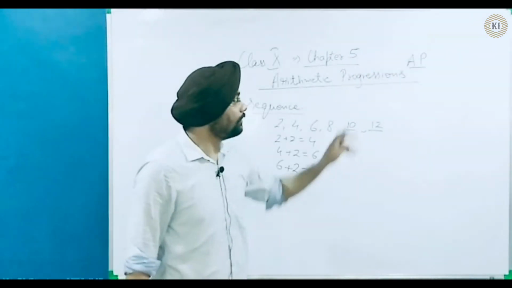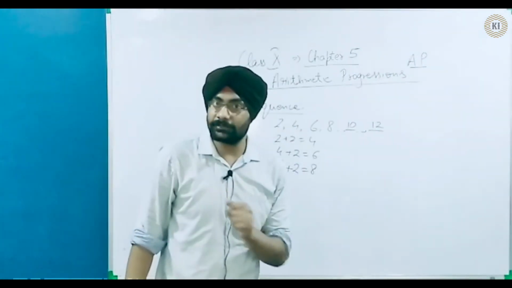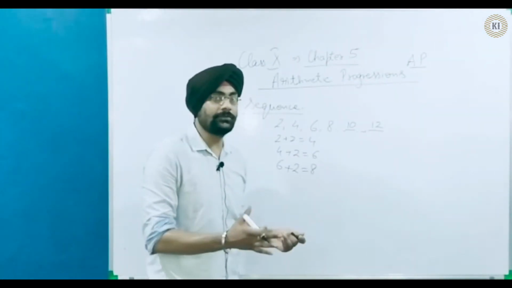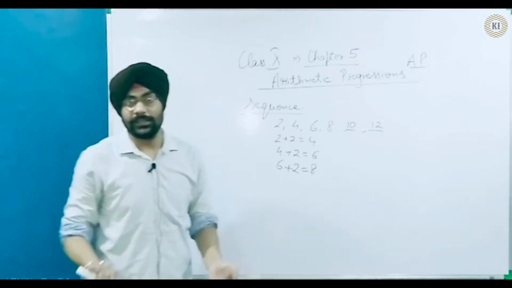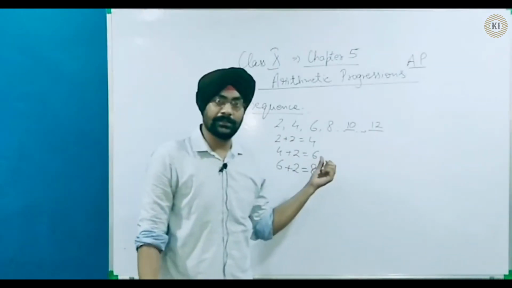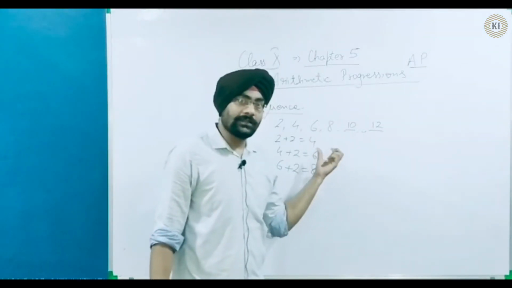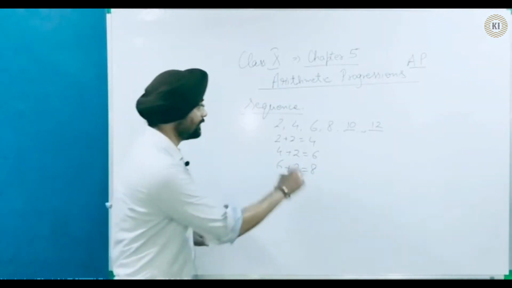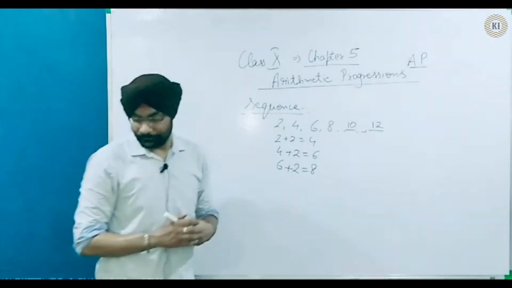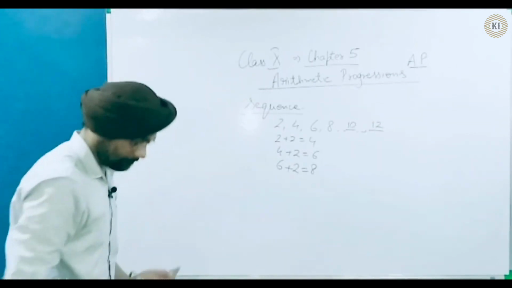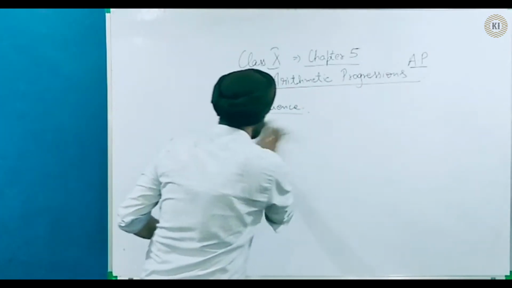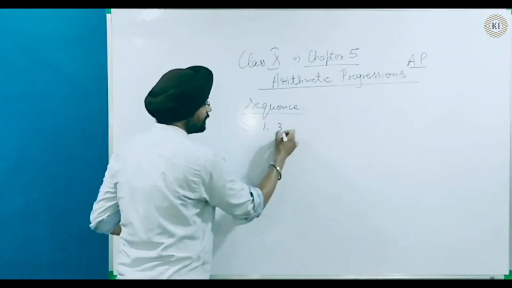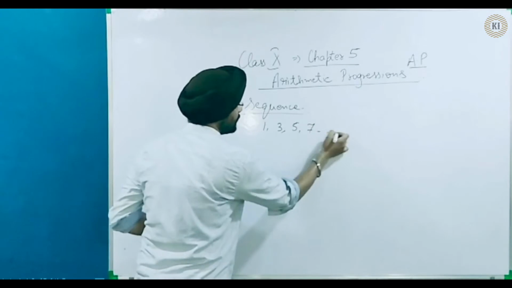Now we have to study arithmetic progressions. Now what are arithmetic progressions? Arithmetic progressions are also a sequence, you can say a special type of series, in which each number differs from the preceding number by one constant. Suppose we take an example here: the numbers are 1, 3, 5, 7 and so on.